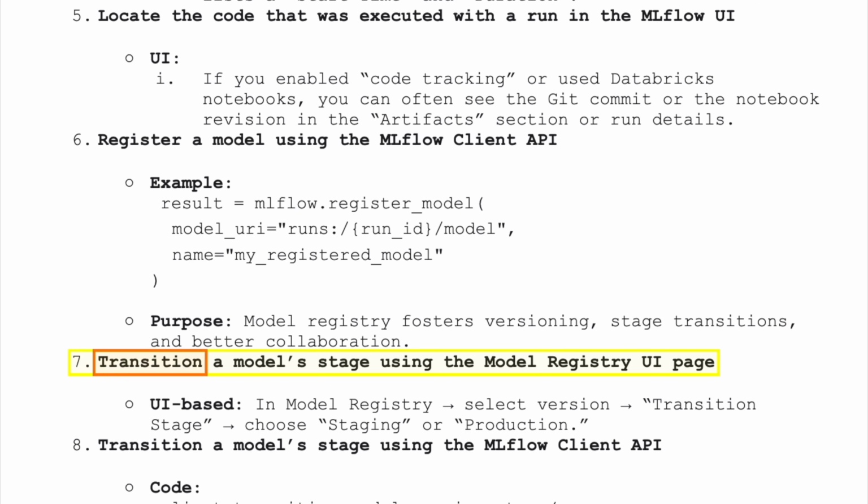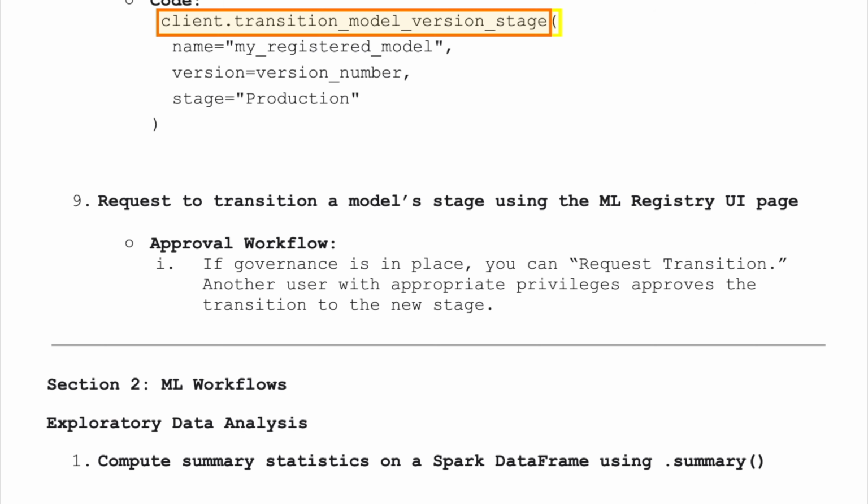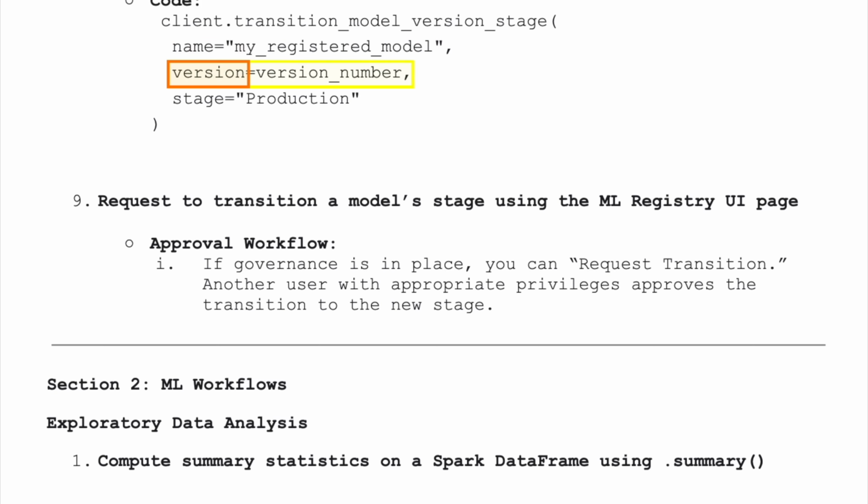7. Transition a model stage using the model registry UI. UI based: in model registry, select the version, then transition stage, then choose staging or production. 8. Transition a model stage using the client API code: client.transition_model_version_stage, name equals my_registered_model, version equals version_number, stage